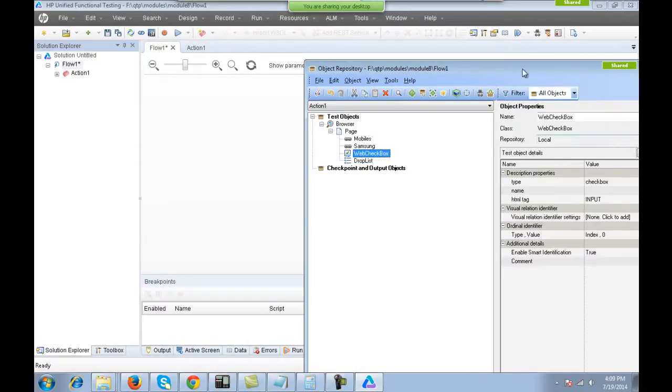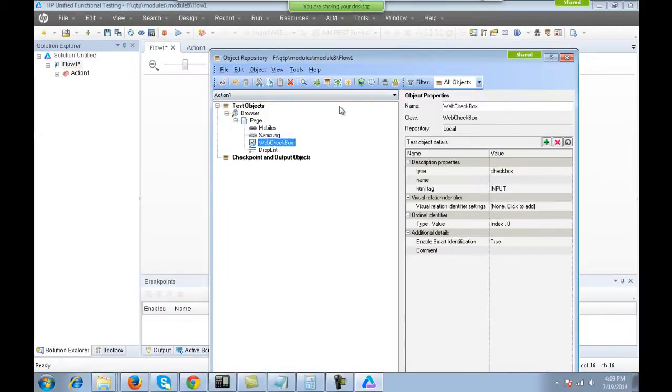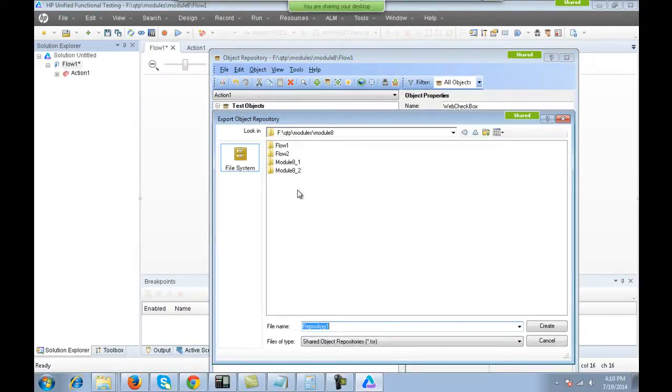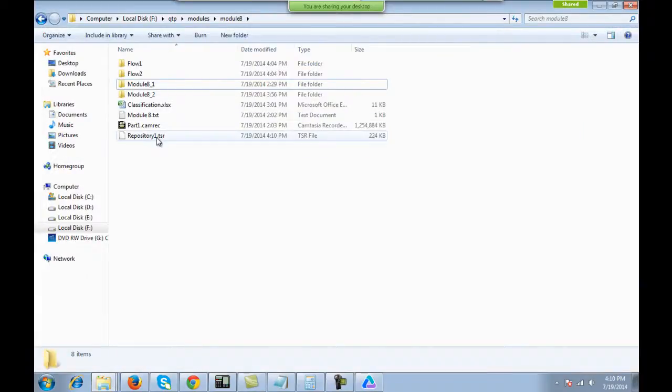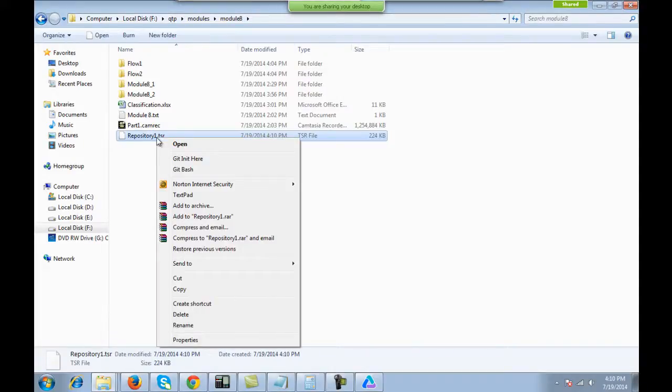You'll come to know. What I'm going to do now is store this repository on my hard disk. And then I will import it in the other flow 2, in which I need it. So I have the option of going to File, Export Local Objects. This is a local repository. This is local to the test. I'll click on Export Local Objects and I'll save my object repository over here as say repository 1. Fine. If you go to your hard drive and look at it, it will be stored as repository 1.tsr, meaning test shared repository. Okay. If I open this in TextPad,